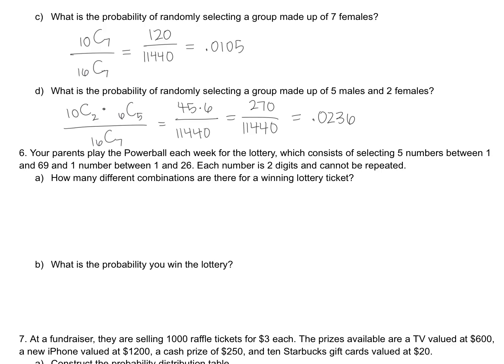So the numbers between 1 and 69, there are 69 of them, sorry, there's 69 numbers between 1 and 69. So we are choosing 5 of them. So we're going to do 69 choose 5 times, and then the numbers between 1 and 26, there are 26 of them, and we're choosing 1 of them. So if you do 69 choose 5, you're going to get 11,238,513. And then 26 choose 1